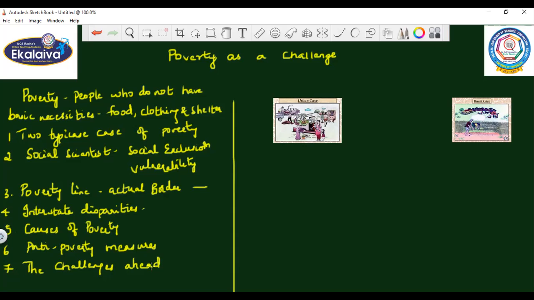For example, in People as a Resource, we spoke about Vilas and Sakal, where you had a clear picture of the people who had education and the one who did not have education, and you got to know how Sakal became successful and how Vilas had an utter failure in his life. Likewise, with these two cases, you can get to know the actual problems faced in the urban case and in the rural case. Shall we move on to the example, children?